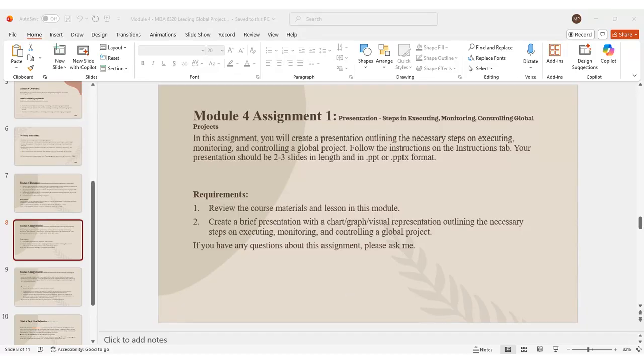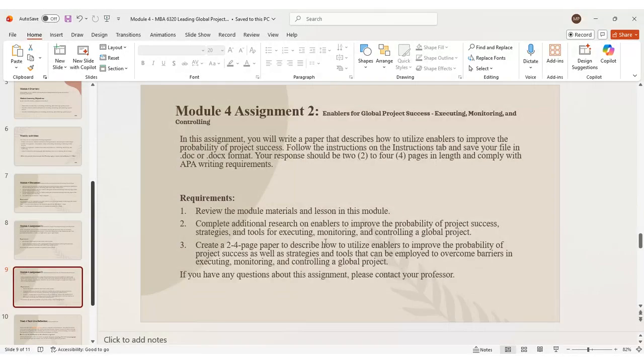Again, these assignments are pretty straightforward, I believe. But of course, sometimes when you get in the middle of the assignment and you are trying to complete it, if there's any confusion, again, don't hesitate to reach out. All right. So a second assignment is that you'll be writing a paper that describes how to utilize the enablers